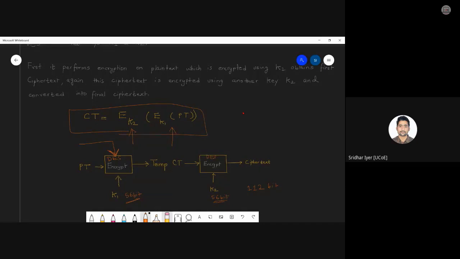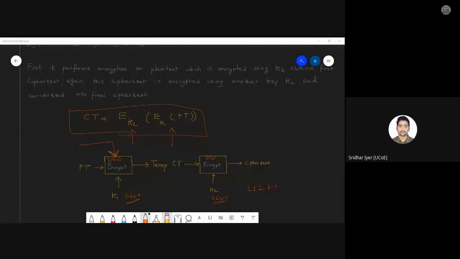Am I clear? So each and every operation that you have seen just now in this 1 hour lecture, all of those operations are being performed in that single box. Am I clear? The only thing is it is getting repeated twice. So it's not a question of not having the XOR method. XOR is inside that box. Every operation that you have seen just now, it is inside that box. Just the thing is, it is happening twice. Everything else remains same. Fine.